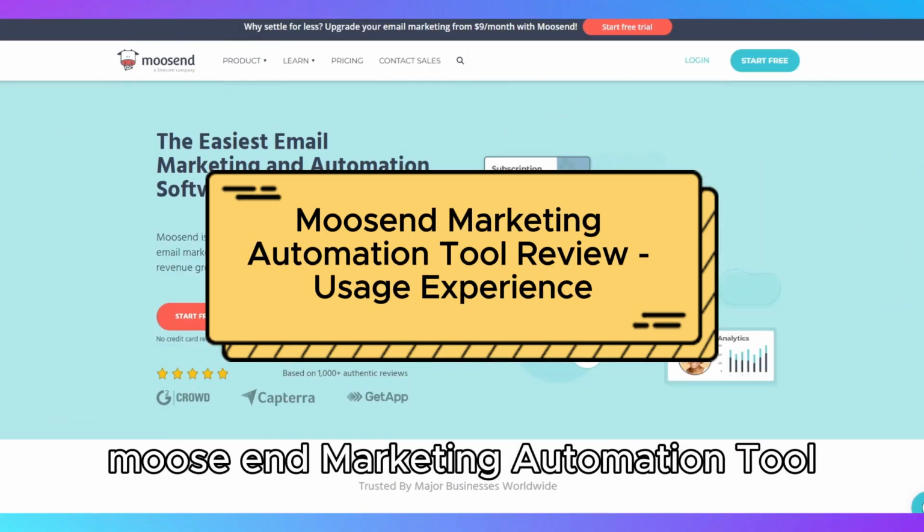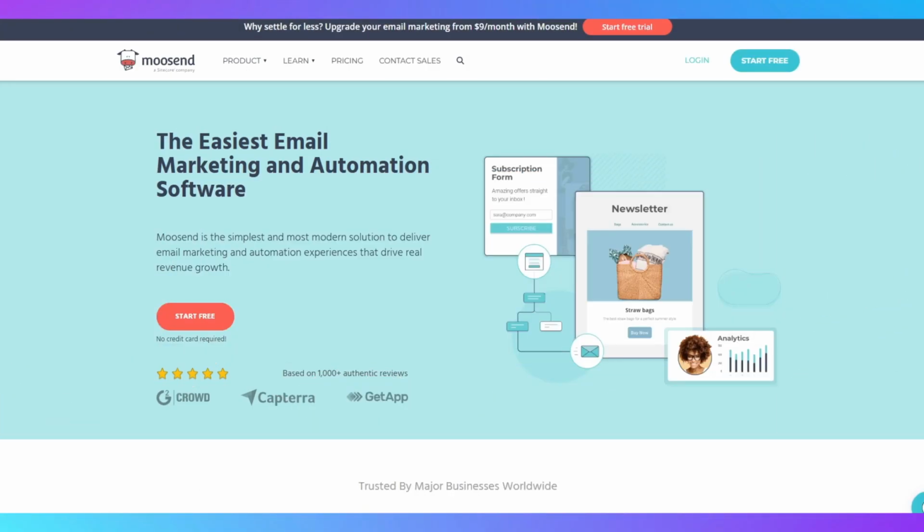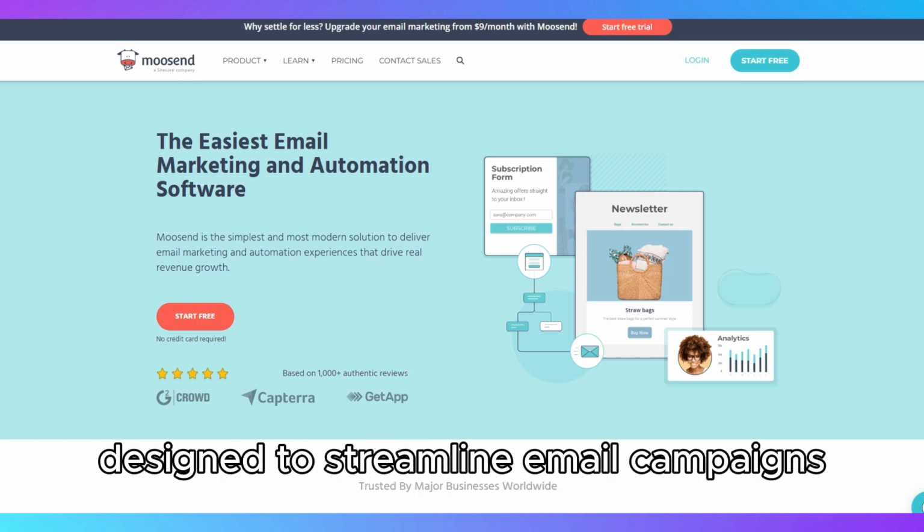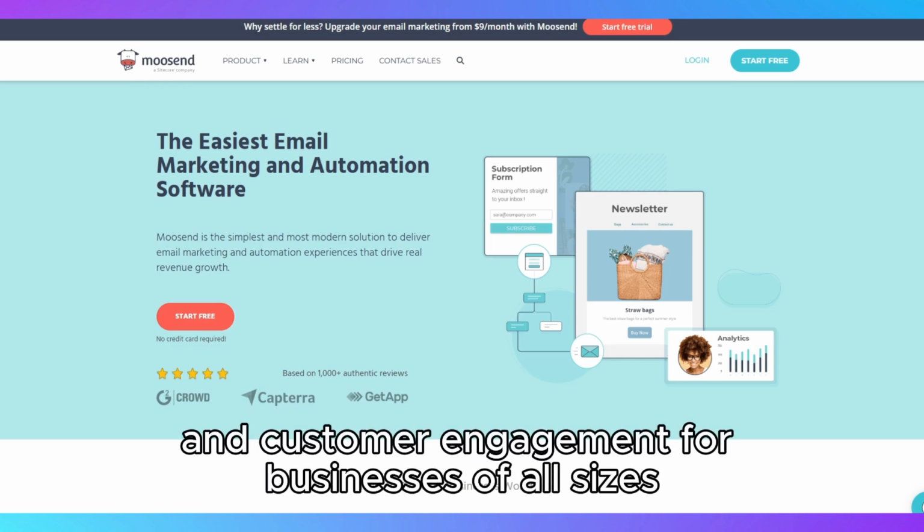Moosend Marketing Automation Tool Review. Usage Experience. Moosend is a robust marketing automation tool designed to streamline email campaigns, lead generation, and customer engagement for